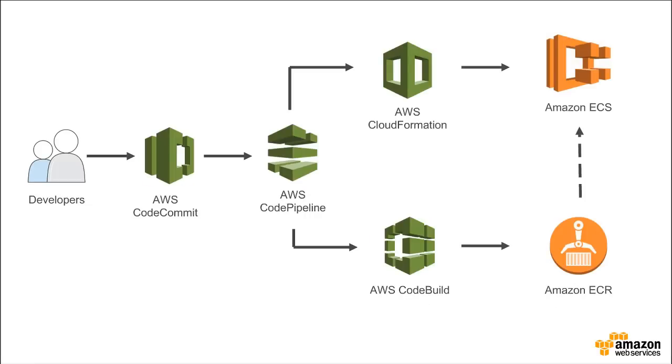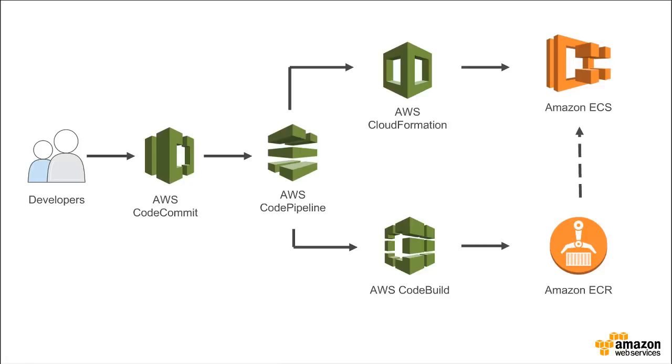So here we've just filled out the categories of component with AWS services. So we're storing our code in AWS CodeCommit. We're using CodePipeline to orchestrate the work. So it's polling our source code repository and monitoring for changes. When a new change occurs, it's going to use AWS CodeBuild to build our artifact and push that to